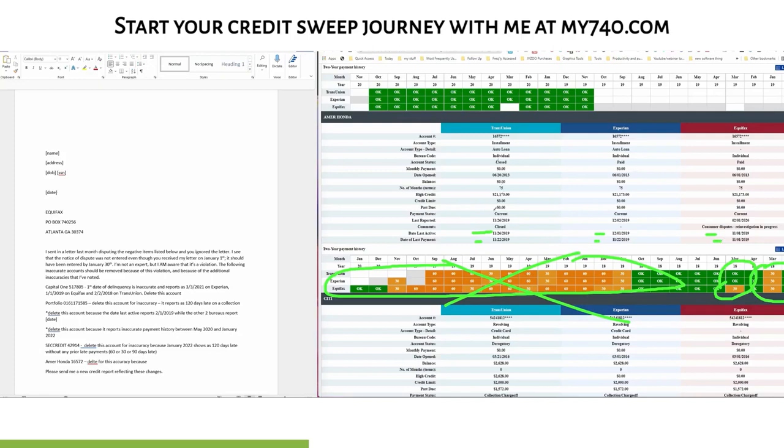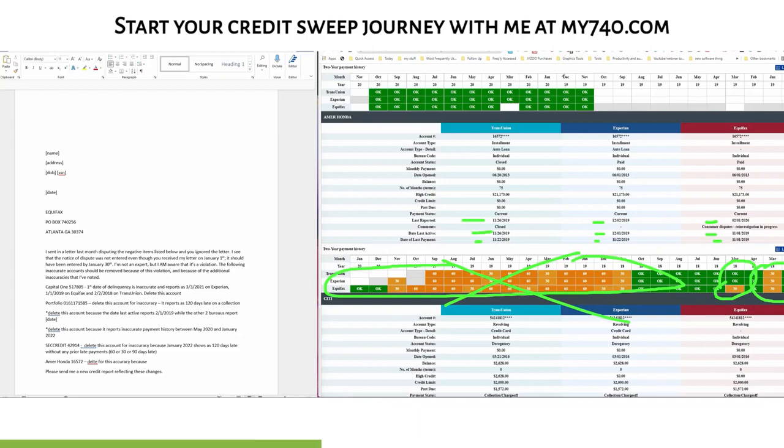Let's take a look at date open is good. High limit, that's all good. Date last reported, okay, you can use the date last reported. So it should say actually 2022, but it says 11/26/19, 12/2/2019, and 2/1/2020, which means that these two bureaus didn't investigate last year or in 2020, and this one didn't investigate when I recently disputed it. Okay, so my recommendation though would be to dispute the late payment history.